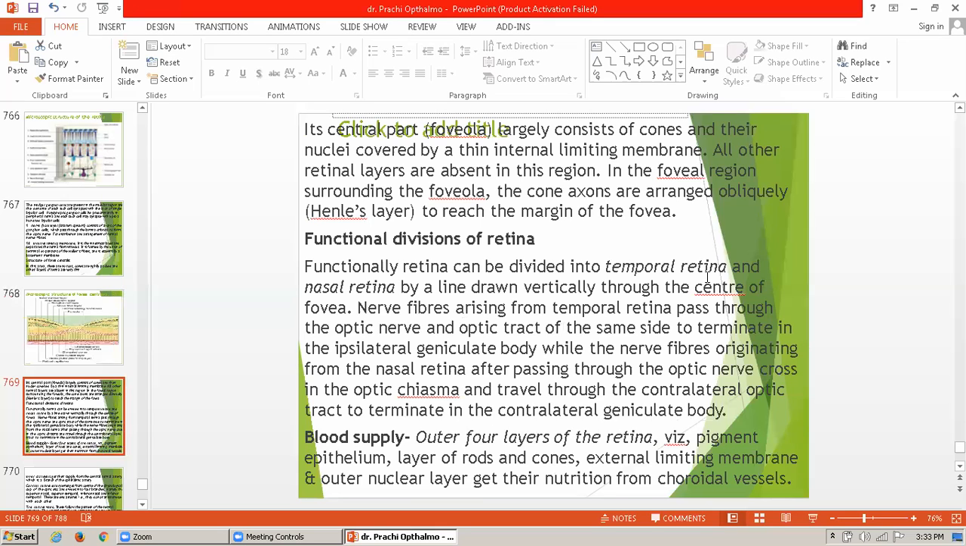So, functionally, the retina is divided into temporal and nasal retina, and the line drawn vertically through it is called the center of the fovea. The nerve fibers arising from the temporal retina pass through the optic nerve and optic tract of the same side, so they terminate in the ipsilateral geniculate body, while the nerve fibers originating from the nasal retina